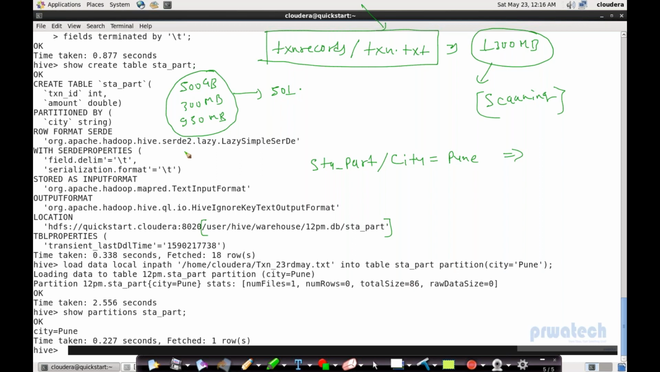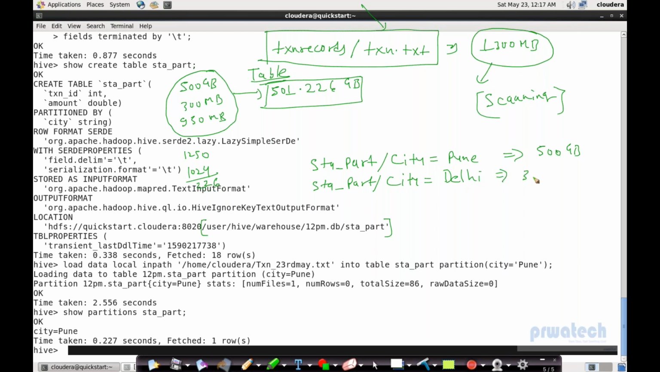This is 1250, and if I subtract 1024 from this, I get 622.226 GB. Okay, this is the total table size. But when I'm running a query to check the result from only one city, it is not scanning this complete result. It is scanning only the result available in that specific city. 500 GB, st underscore part, second partition name, city is equal to Delhi, which is having 300 MB, and the third partition will be sta underscore part,